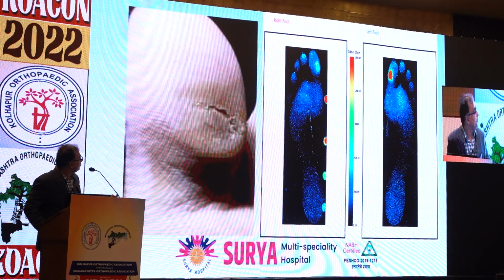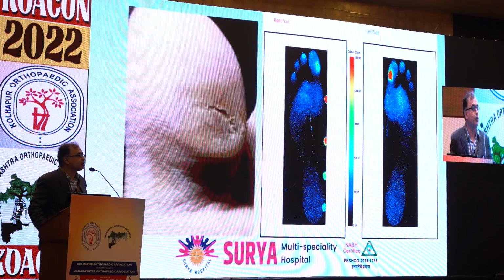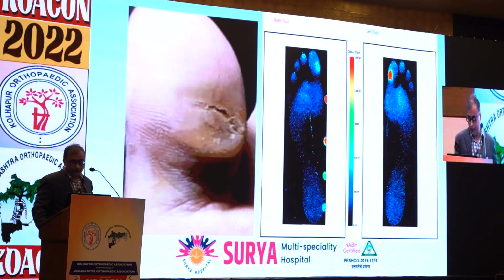So now here you can appreciate there is a callus. We will see what a callus is in subsequent slides. And you can see this is all green and blue. If it is green and blue, we are in a safe zone, and if you get a red, that is indicative of high plantar pressure in this patient. This patient has high propensity to develop ulcers.